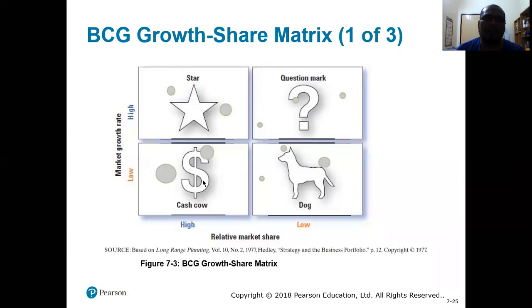All right, as a cash cow, they have low market growth. Yeah, low growth rate. It means that they are no longer growing. In terms of the growth rate, there is no longer growth. But in terms of the market share, it has a commanding position. It has a very high position. So this is the characteristic of a mature company. Yeah, cash cow is the characteristic of a mature company that we discussed earlier.